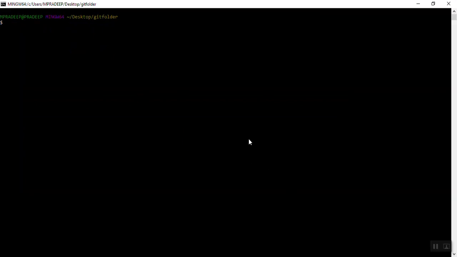I'll show you a few basic commands, how to create a file inside the git folder. The command is touch index.html. If you want to see if there are any files in this git folder, just use the ls command, and you see the index.html file has been created.